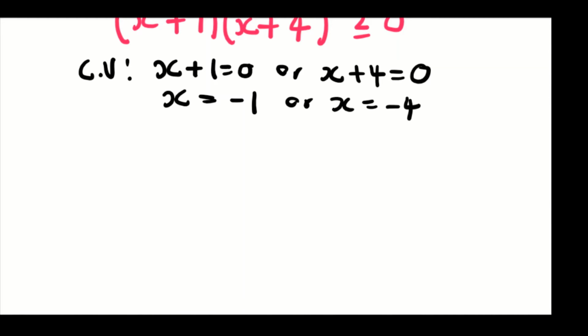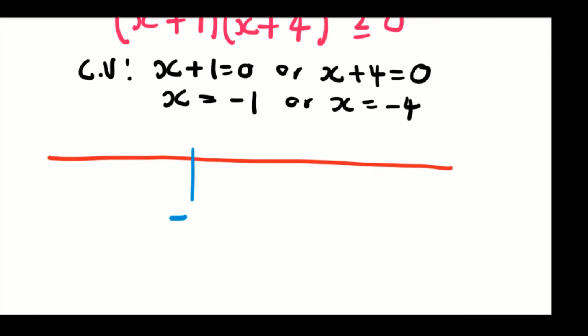So we're going to draw our number line and present our critical values. So we have our critical value of minus 4 and our critical value of minus 1, right? So I'm just going to write critical value, right? So what you're going to do here is, because we want the solutions of x, we need to use our critical values to interpret the solutions of x. For us to do that, we need to present,